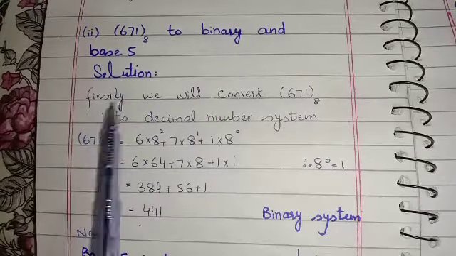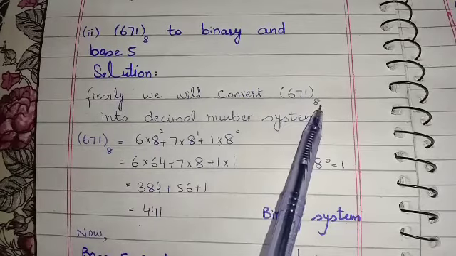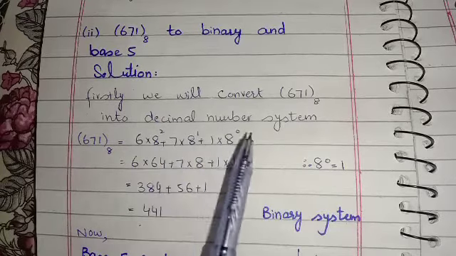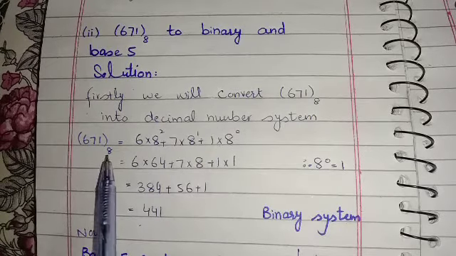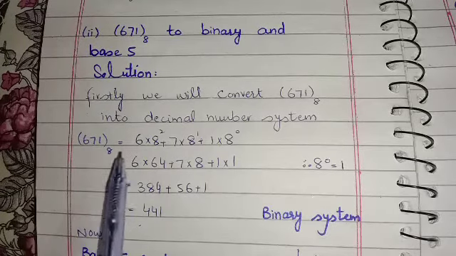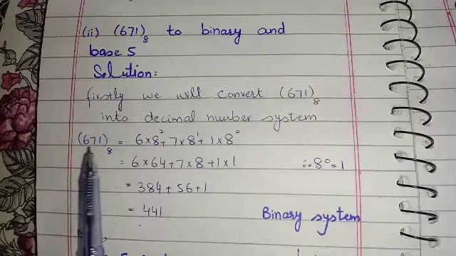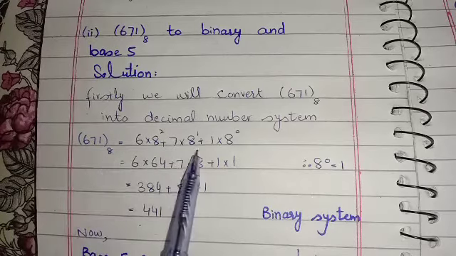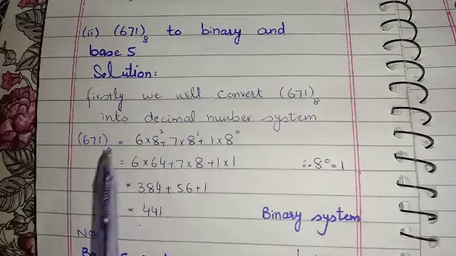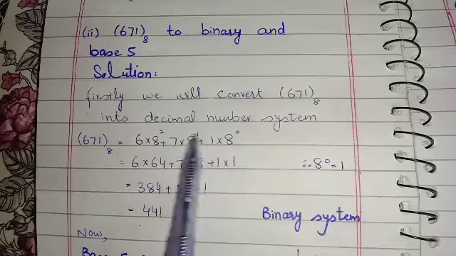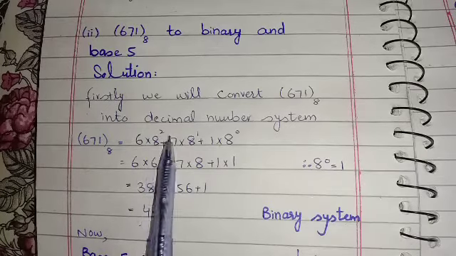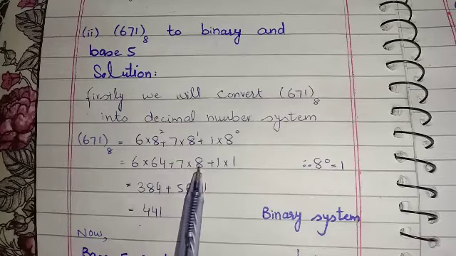Here we will write, firstly we will convert 671 with base 8 into the decimal number system. You all know how to convert a base number into decimal. Here we have 6, we will multiply it with base 8 squared, plus 7 into base 8, plus 1 into base 8. Now students, we will give exponents from right towards left, starting from 0, 0, 1, 2. 6 will be written as it is into 8 squared, means 8 8s are 64, plus 7 into 8